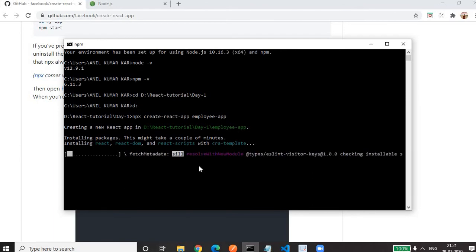So in the traditional era, what we were doing for navigating from one page to another page, we were using the anchor tag. In the anchor tag, if you have seen, we have to give href equal to the URL of the page where we want to navigate. In that case, that's a multi-page application. Whenever we click on the anchor tag, a request will be sent to the server for fetching the requested HTML page. Then the browser will display that page. That was happening in our older era.